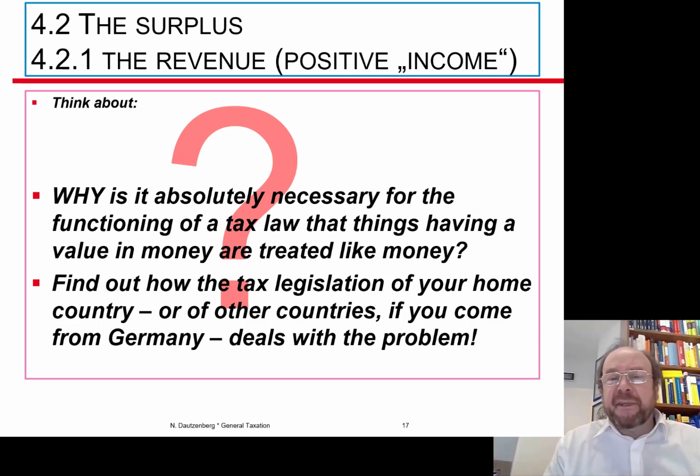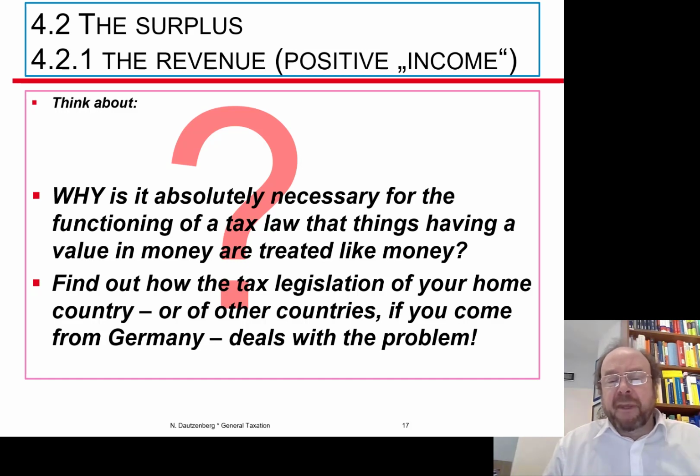So it's absolutely compelling that everything which has a value in money, which can replace money, must be regarded as a taxable revenue too. And you will have to value that, that's no surprise, with its market value, with its